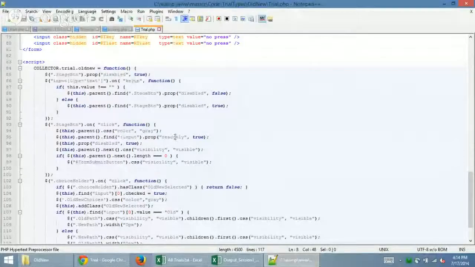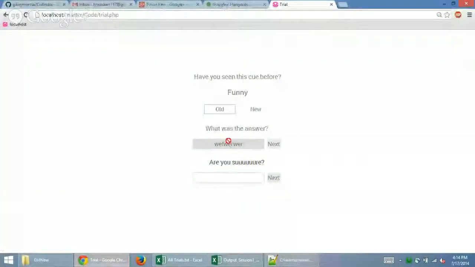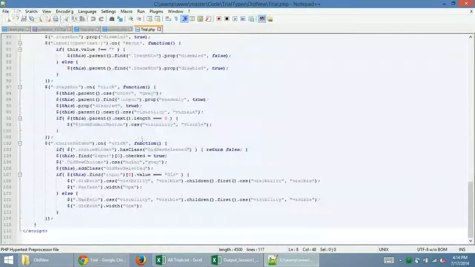Actually, for the inputs that I want to record, you wouldn't want to disable them because that would prevent them from actually getting submitted. So you wouldn't be able to record them. So I changed them to read only, which basically means they can't change it, but when you submit the form, it carries that data with you. And then,